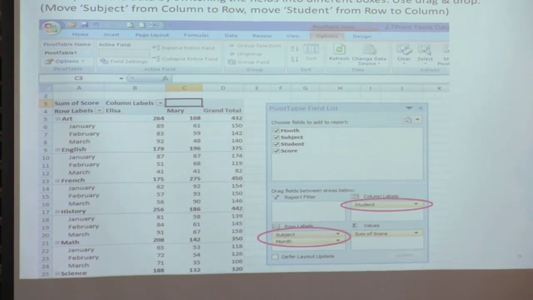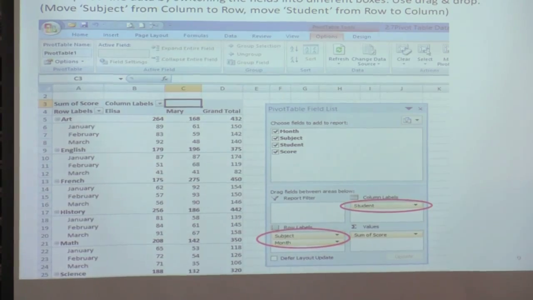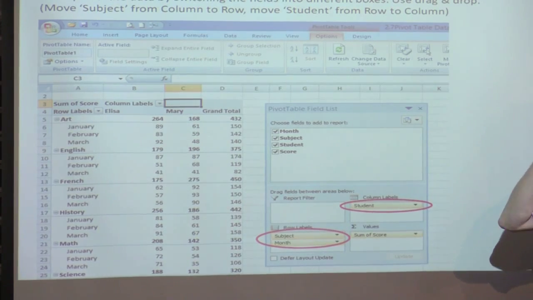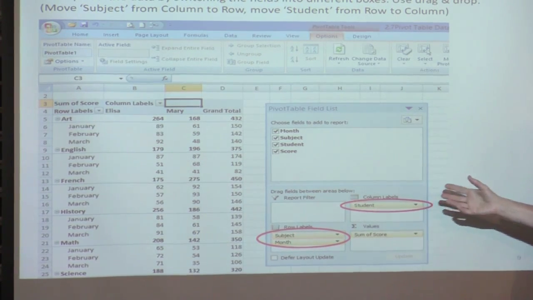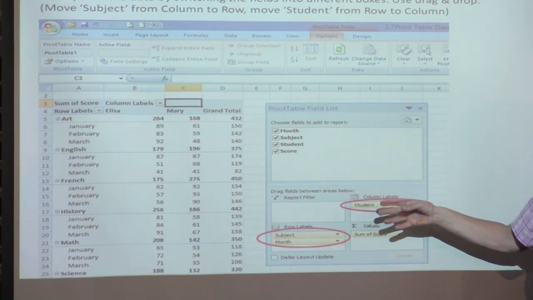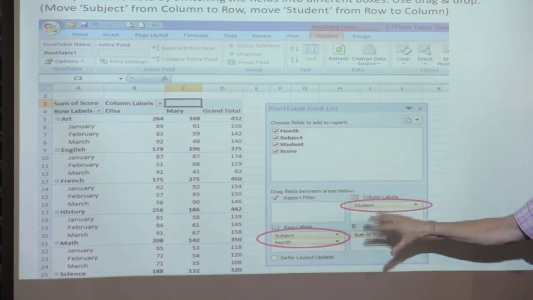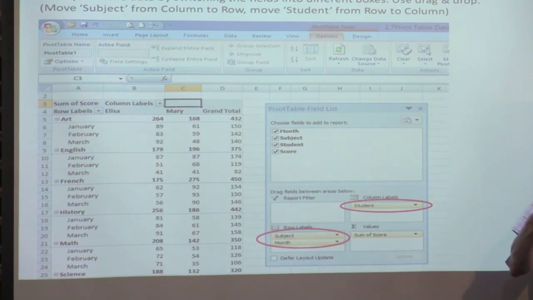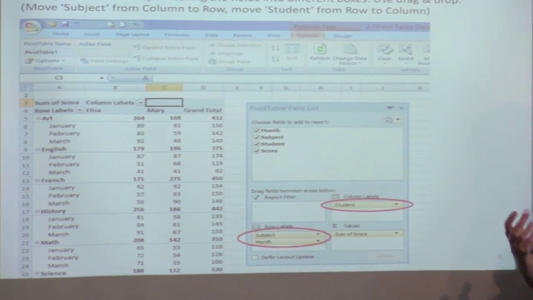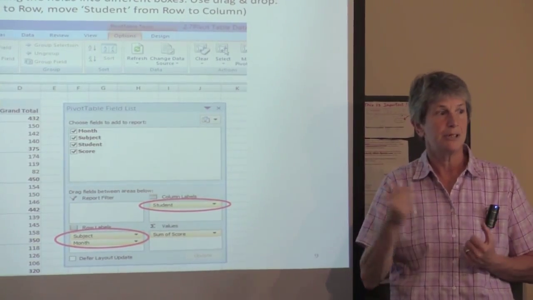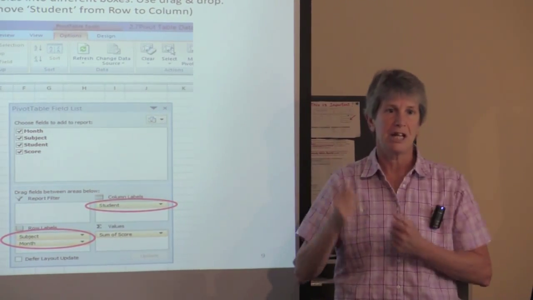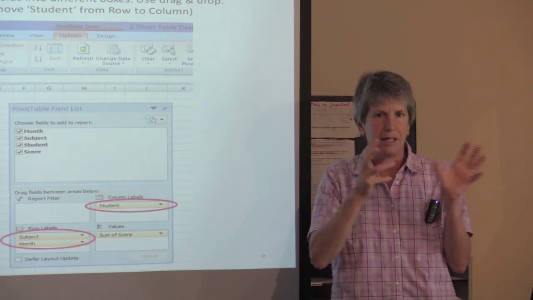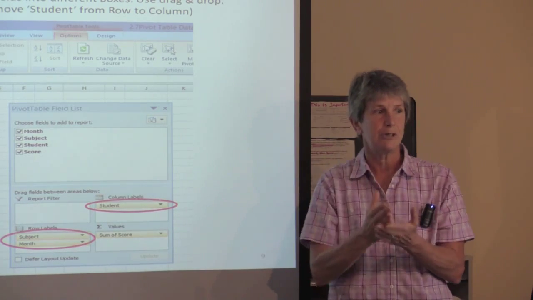Okay? Hey Madeline, what does that bottom thing, defer layout update, mean? That's a great question. So if you have a very big pivot spreadsheet with a lot of data, and you may have a lot of different variables going on in these different areas, every time you drag one of these things over, it tries to update the entire pivot table. And if you've got a huge table, it can take some time to do that. So if you have a bunch of changes you're going to make, you don't necessarily want it updating after each drag and drop. You want to wait till you get it in the new form that you want to analyze,